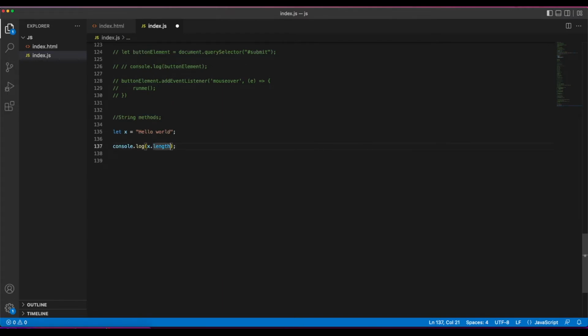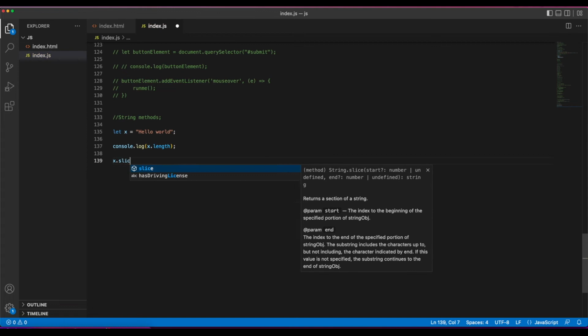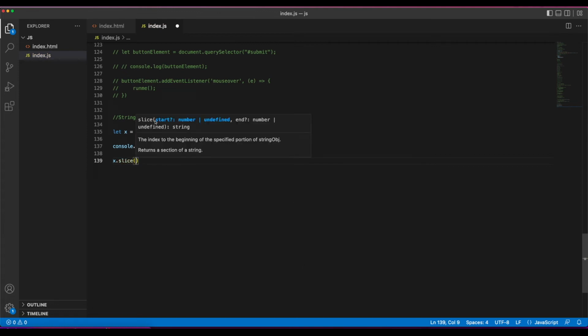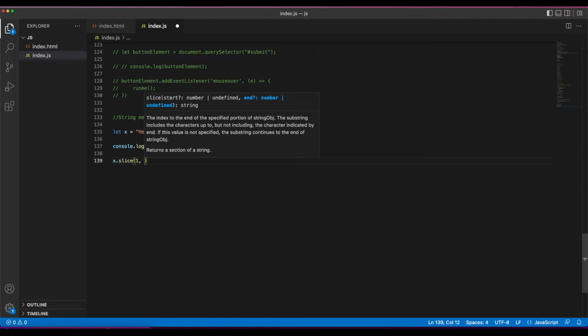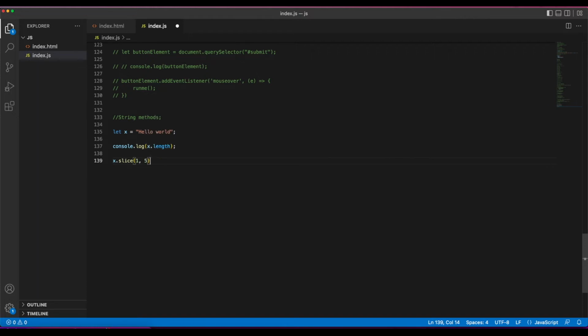That is one method. Another method we can use is called .slice, and as you can see right here, it takes in a start and an end number. The description says it's the index to the beginning of the specified portion of the string object. It returns a section of a string. So we tell it which character we'd like it to start at, let's say 1, and where we'd like it to end, let's say 5. And then if we wrap this in a console.log,